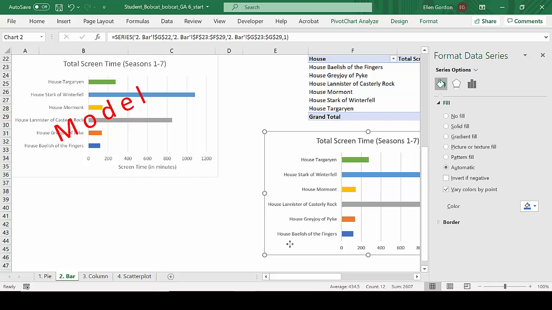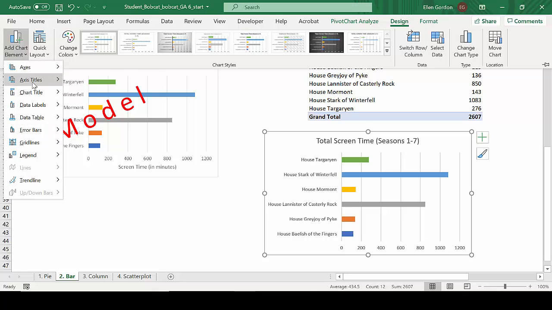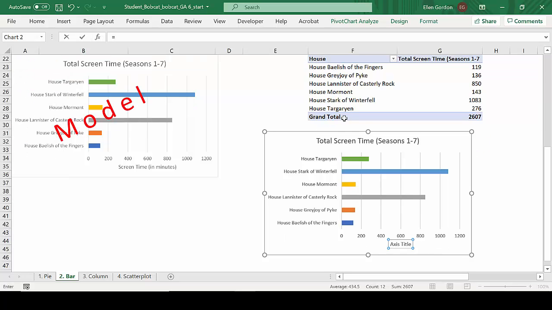All right, the last thing we're going to want to do is we're going to want to add axis titles. So we want to add the screen times in minutes. So we can go to, on this, go to design, add chart element. I want to add the horizontal axis title. And then as soon as I hit this, I'm going to hit equals. So don't click on anything else. As soon as you click this, hit equal, and then I'm going to